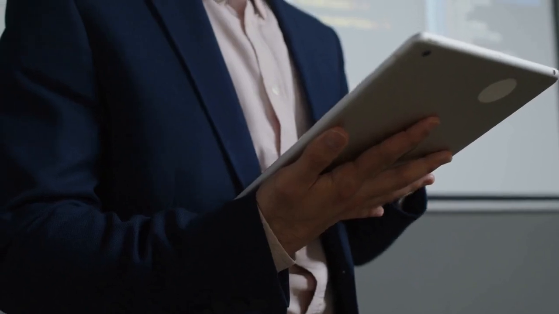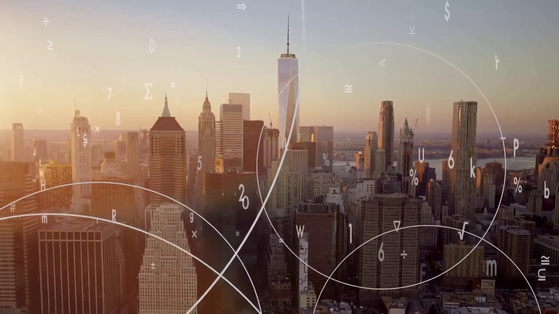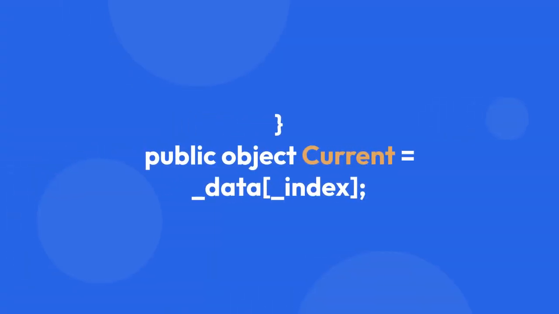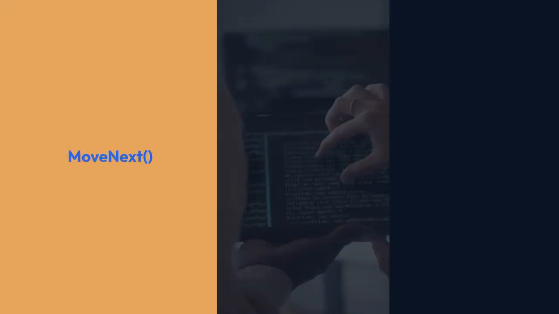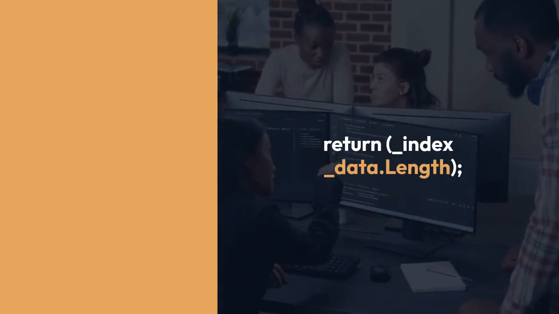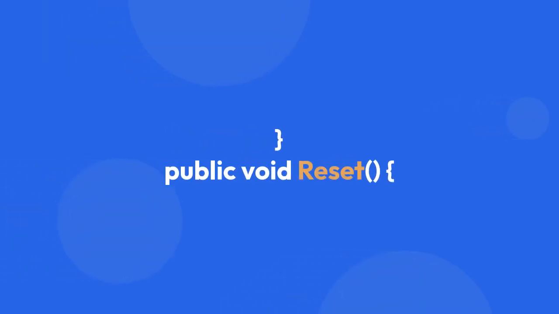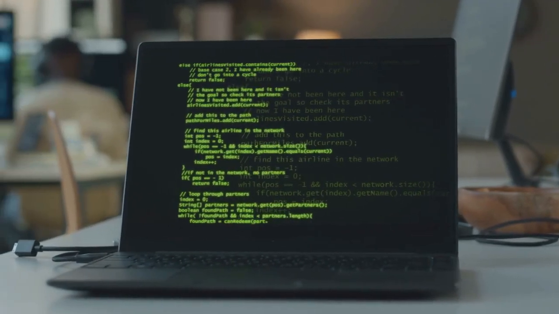private class myEnumerator : IEnumerator { private int[] data; private int index = -1; public myEnumerator(int[] data) { this.data = data; } public object Current { get { return data[index]; } } public bool MoveNext() { index++; return index < data.Length; } public void Reset() { index = -1; }